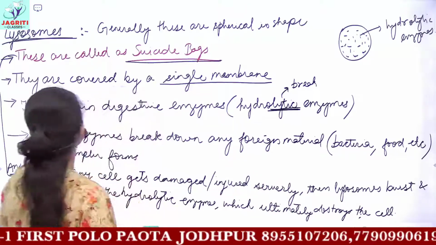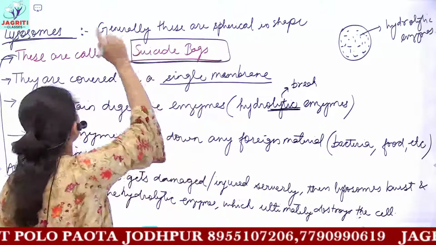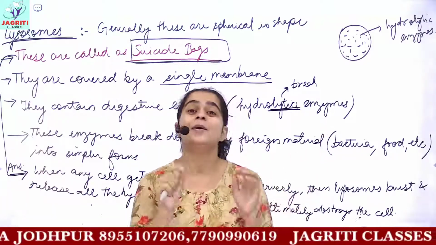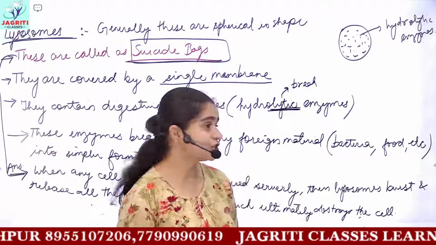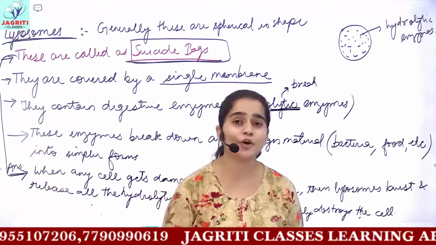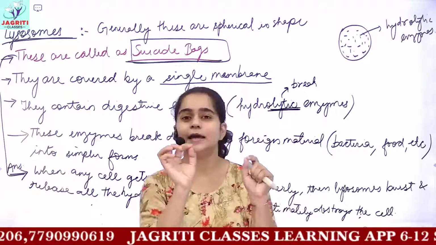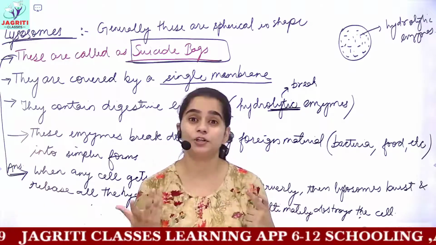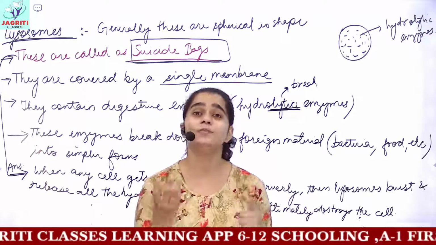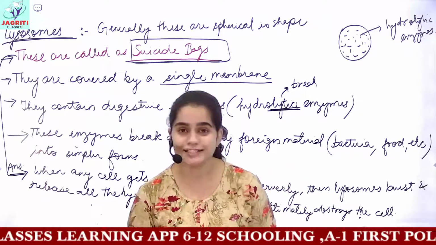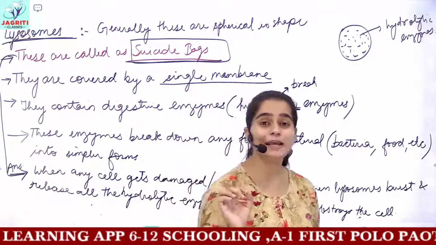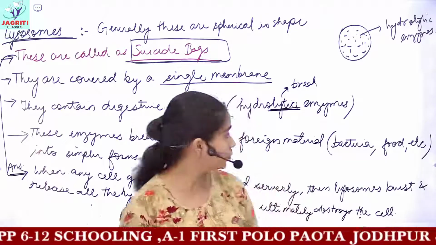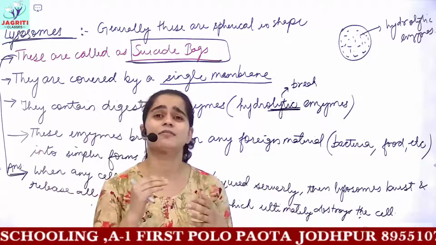cell. So please remember these important terms: lysosomes are referred to as suicide bags, whereas mitochondria is known as the powerhouse of the cell. Then the question you get from mitochondria is, it supplies energy, therefore it is called powerhouse. But in what form does this mitochondria supply energy to the cell? The answer would be, it supplies energy in the form of ATP. We'll be discussing in detail; I am just giving you a general idea.